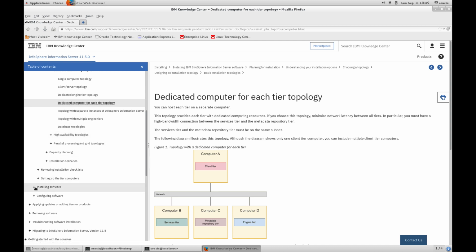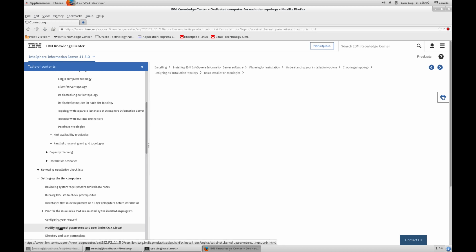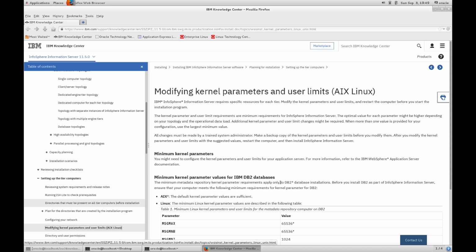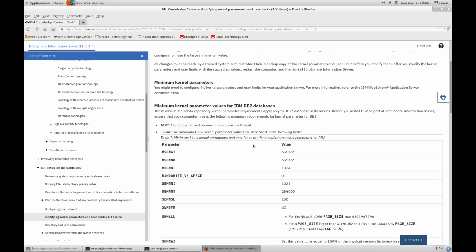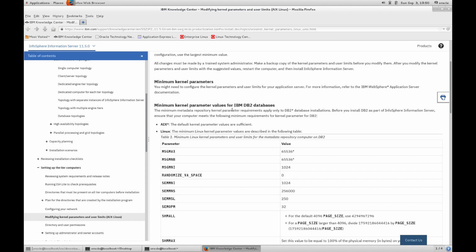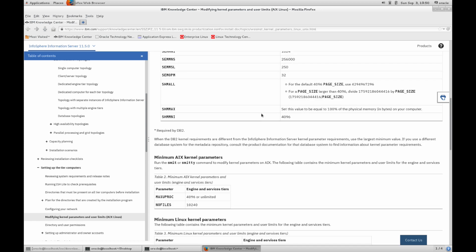We will go to setting up the tier computers and then modifying kernel parameters and user limits. So this is what we're going to do. Just quickly here, the minimum kernel parameter values for IBM DB2 databases. So we're not doing that. We are using Oracle, so we can skip right over this. And then we have